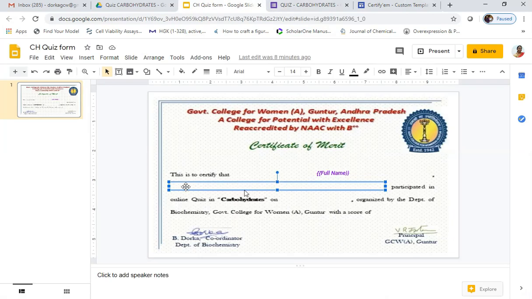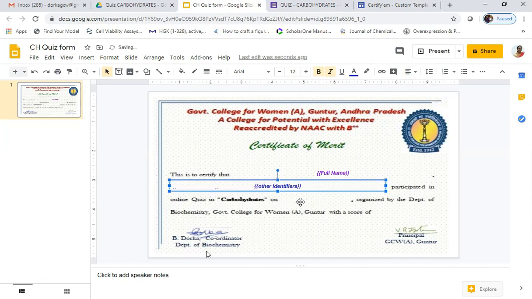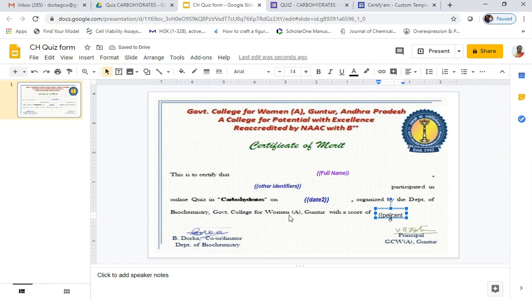Now in this field we will add a merge tag of other identifiers. Here we added the other identifiers tag in the two flower brackets, and the formatting is also done. Likewise, the date and percentage of the score is also added to this certificate.